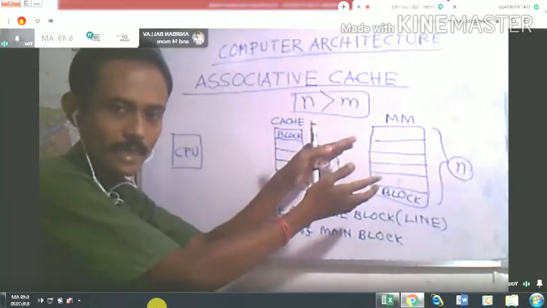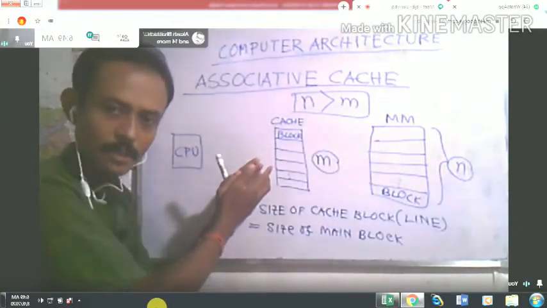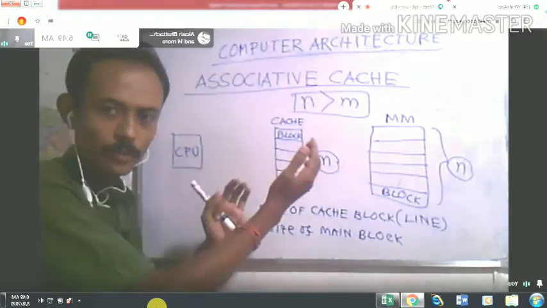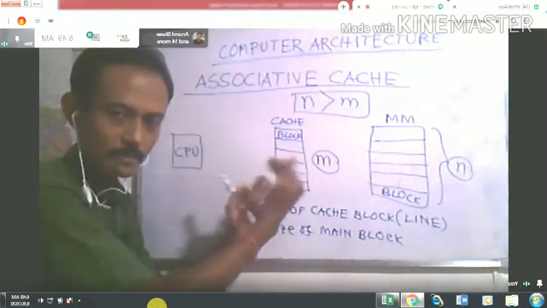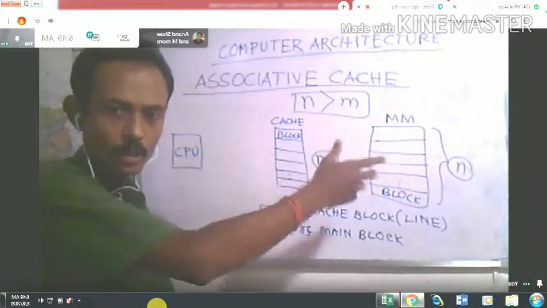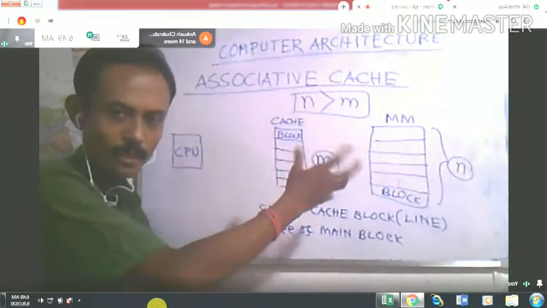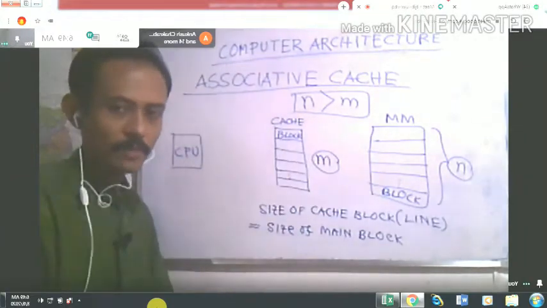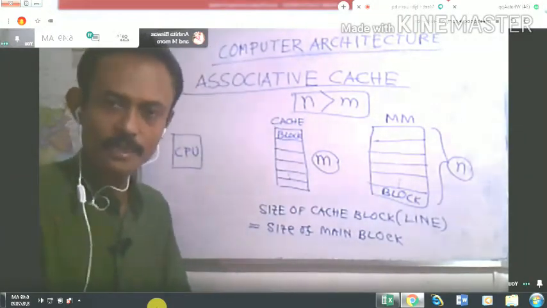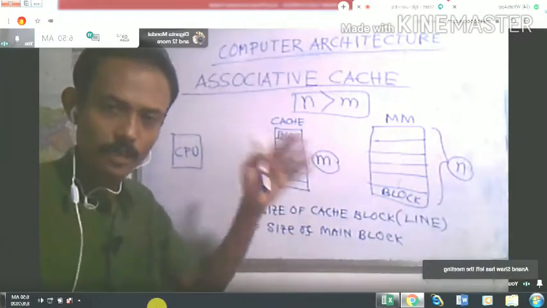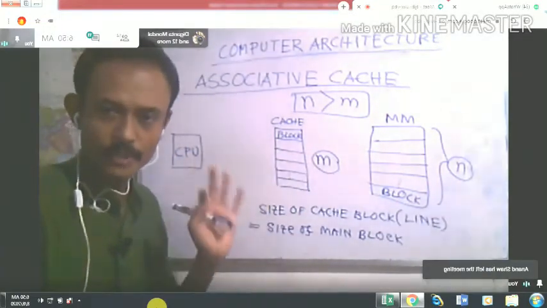Got it? So now which will be placed, and how? This placing technique is called mapping. So this is called cache memory mapping techniques. And we have three different cache memory mapping techniques: associative, direct, and set associative.